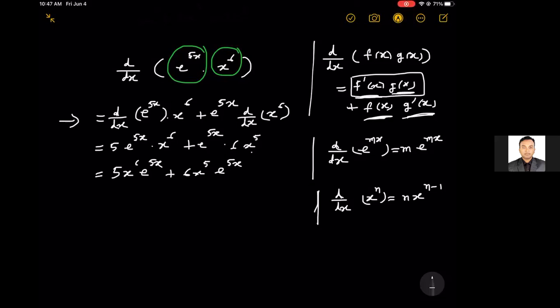So what I want you to do now is see another formula, which is the quotient rule. Okay, and then I'll show an example of that as well. Or maybe I can do something else. Maybe if you want, I can show a couple more examples of the product rule and leave the quotient rule for Monday. But